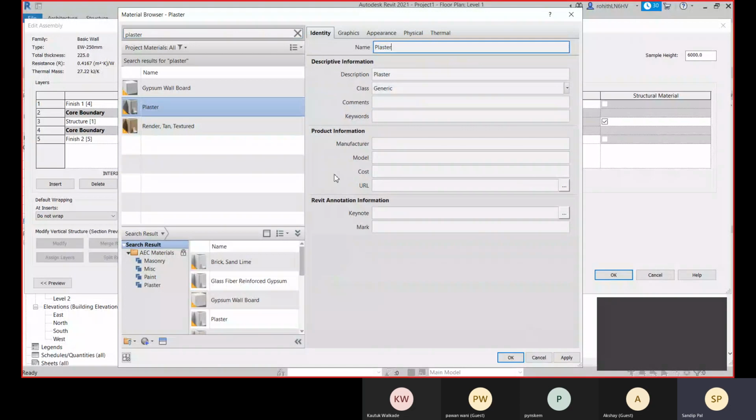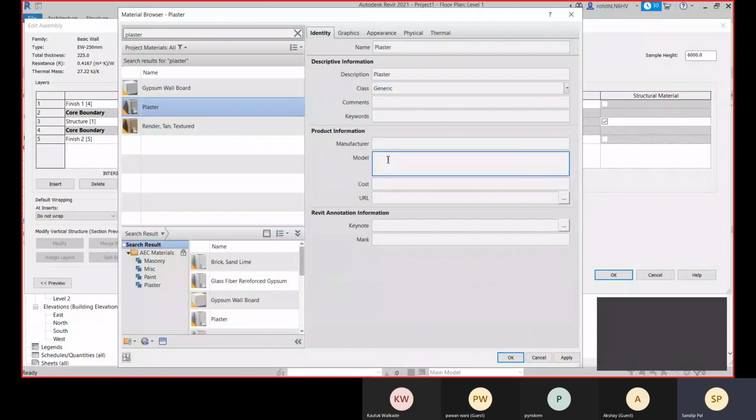Here you can provide the model, the cost. Okay, any link, that you can provide. All right, so there you can provide like this is the 1:4. Okay, 1:4 mortar you're using. All right, so this information, all the other information you can provide here within the identity.